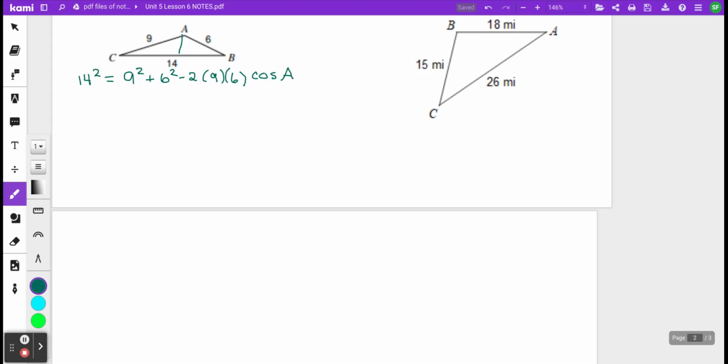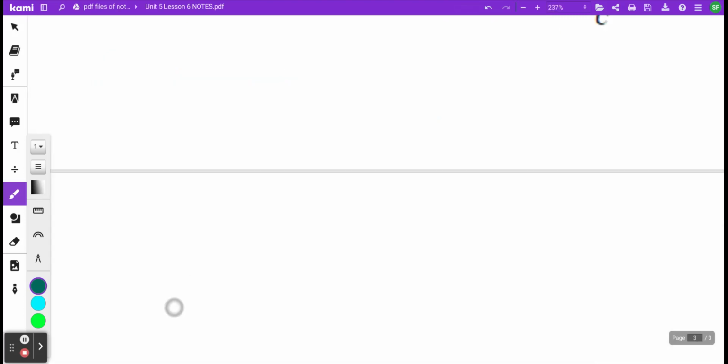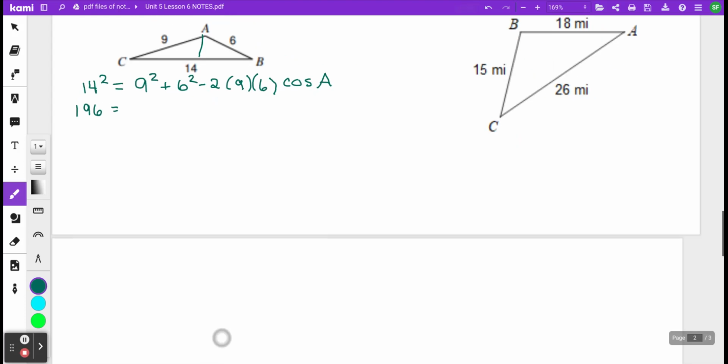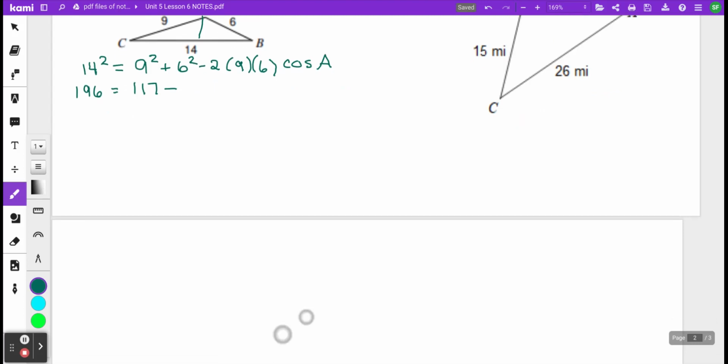Now this time we sort of need to go ahead and multiply these a little bit easier. And I just changed this problem around. So we're going to get this to be 196 equals, and I'm just going to combine the 9 squared plus the 6 squared, and I'm going to get 117 minus, and I'm going to go 2 times 9 times 6, 108